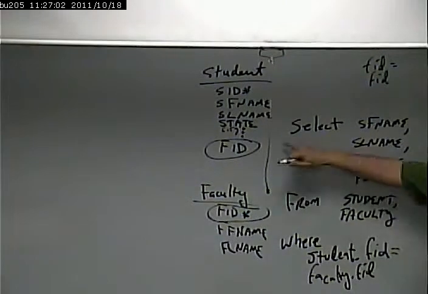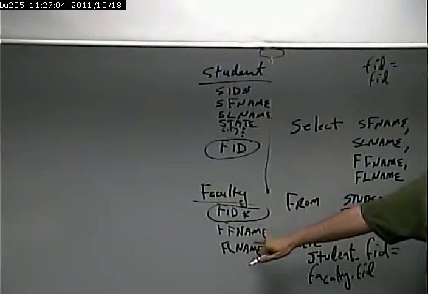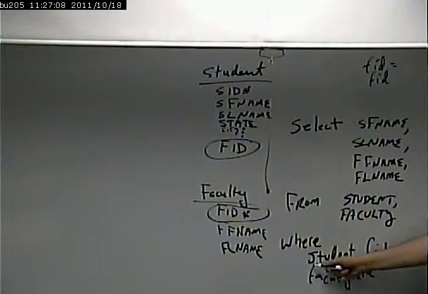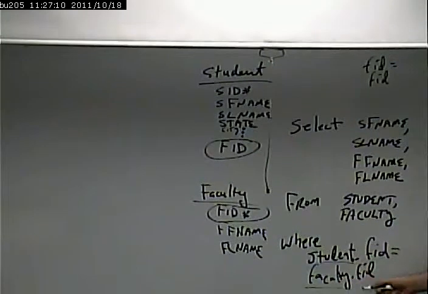I want to match up the student's faculty ID with the appropriate faculty person's faculty ID. And therefore, I have to fully qualify the name and give the first name and last name, just as if I were to say David, talk to David, wouldn't make sense in a room full of Davids. I would have to specify which David I want to talk to. All right? Now,